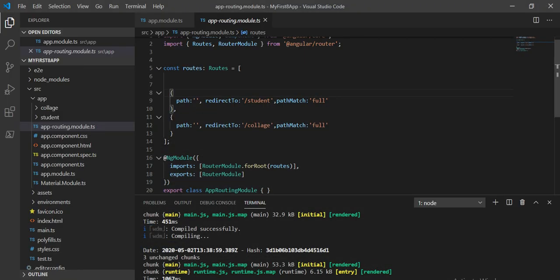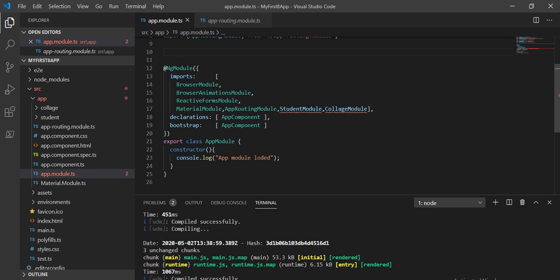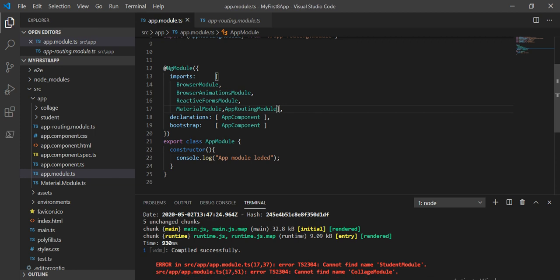So for creating the lazy loading, first we have to remove these two modules, because that is the first step if we come out from the eager loading. Like in the eager loading, in the app.module.ts file we have to load all the modules, but in the lazy loading no need to do this. So let's remove it. I have removed it and removed the reference from the imports array as well. So that is the first step.